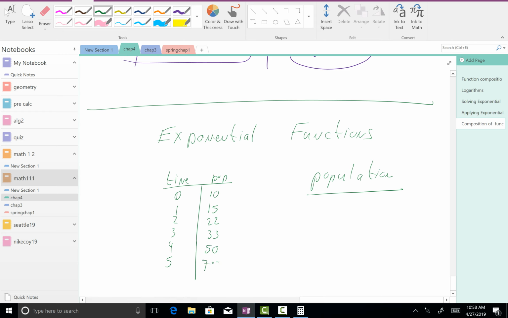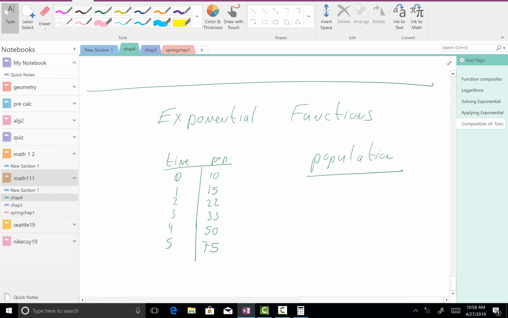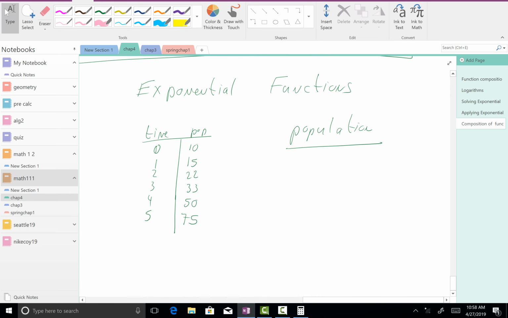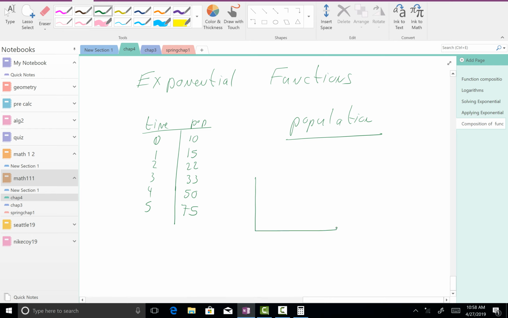So something like that, okay? Whereas if we graph it, something like that. So that's called an exponential curve, all right, because it's not growing at any type of a